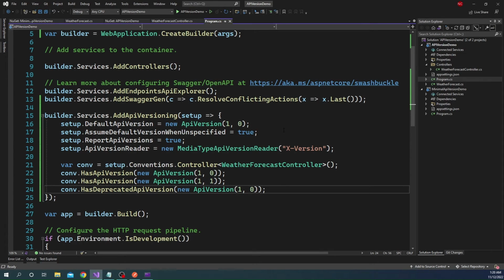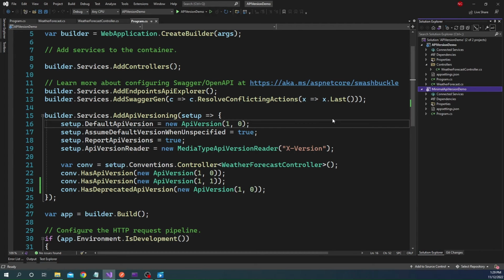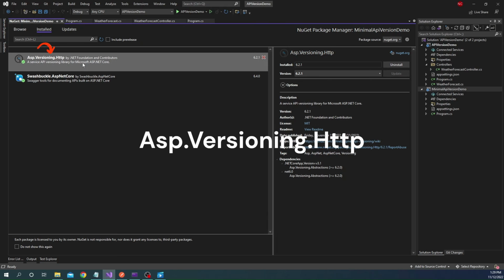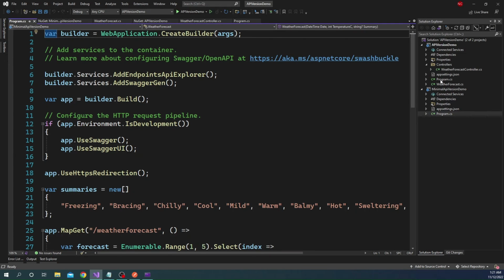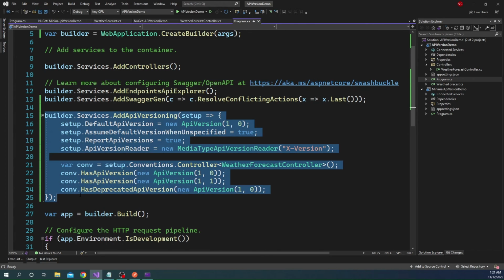And for minimal API, the first thing we want to do is check what is the NuGet package that we are using. And for this one, we are using the asp.versioning.http NuGet package. And then, for the purpose of setting it up, we can copy paste part of this code. Not everything is going to work, but we can